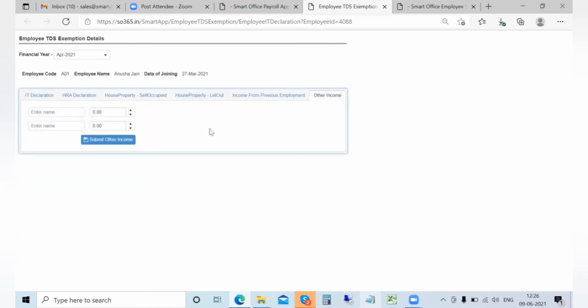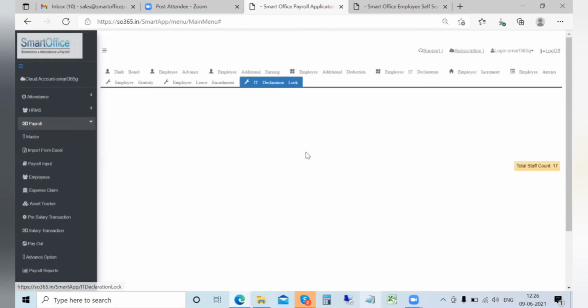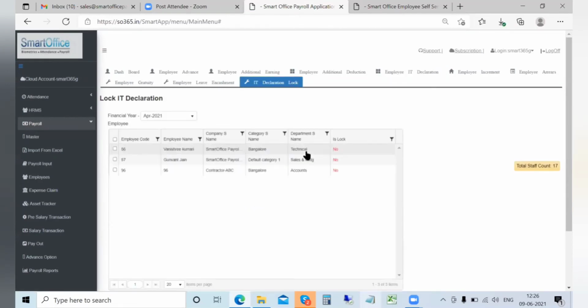Any other income if you have, the same can be entered here in this IT declaration. In case you want to lock the declaration once the declarations are collected from all the employees, then you can lock the declaration from this particular option. You can lock the declaration only for specific employees, or you can do it for all the employees as well.